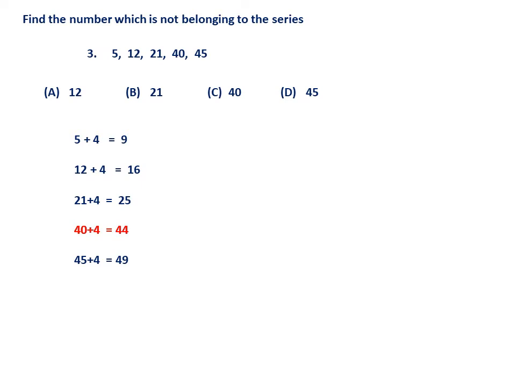Therefore, definitely this is the number. There is one more rule actually you can say, every number is x square minus 4. You can take x equal to 3, 4, 5, 6, 7. So this is another reason. So this is a third question.